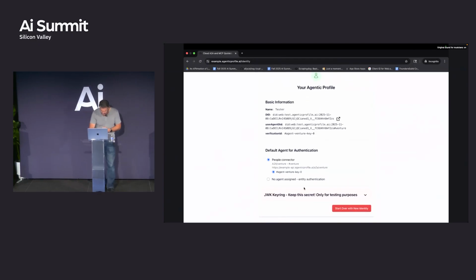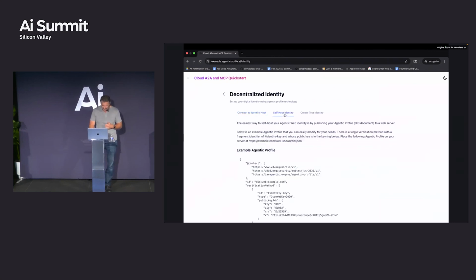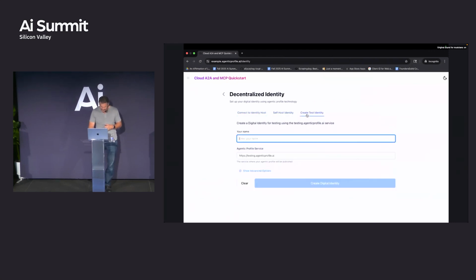And then the key ring, remember this part here, I'm not going to open up because that's a lot of stuff right now. And so with this, we just created an identity on the Agentic Web, which you can go use for transactions, which is really, really fun. If we want to, we can delete this or get rid of it. Let's start over one more time. So we did, if you're self-hosting, we did that a second ago. If you're creating a test identity, you can use a service like that one to create a test one.